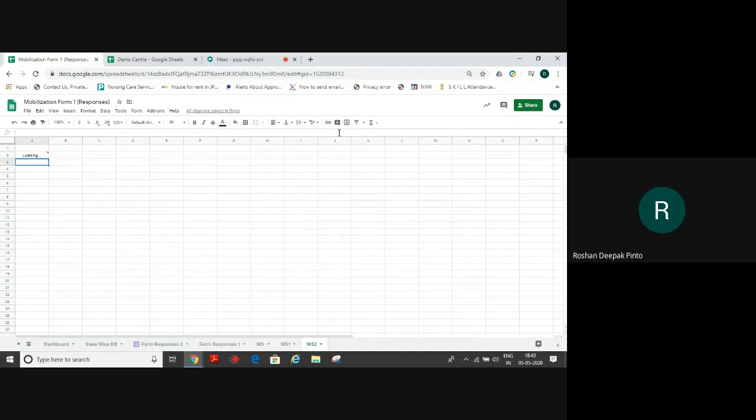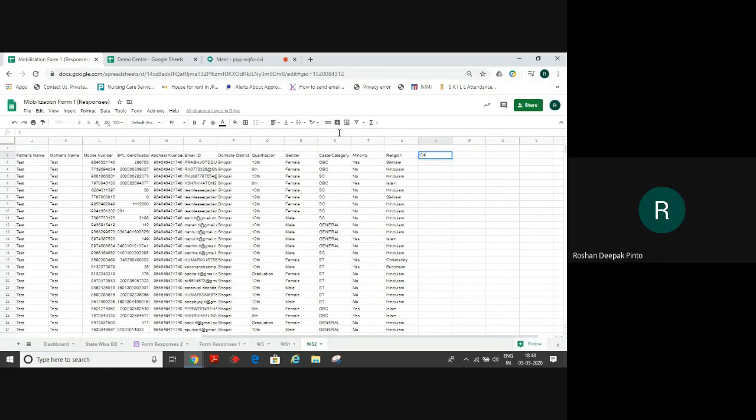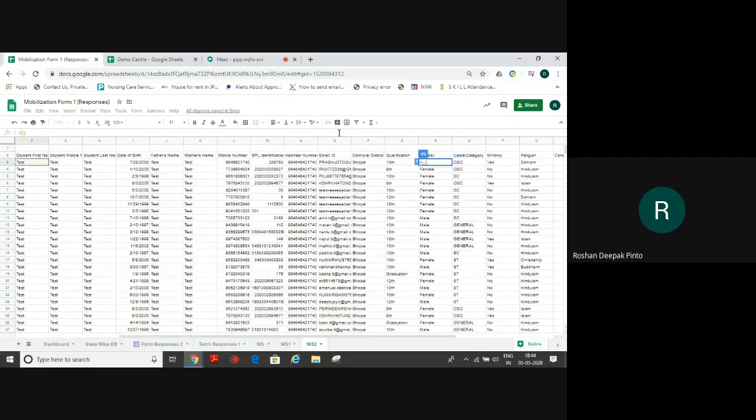So let it load. Now till U column I can't write anything, because it will not bring in the import range. I'll go to the next column, that is V column, and in V column I'll write candidate full name. For this I'll use the common formula that we always use, AND.